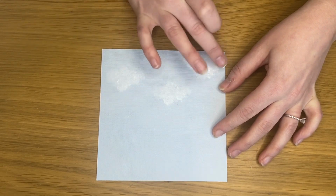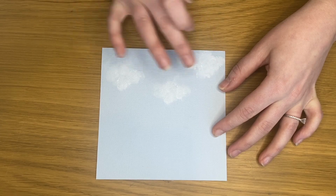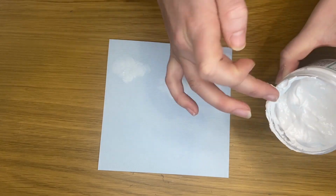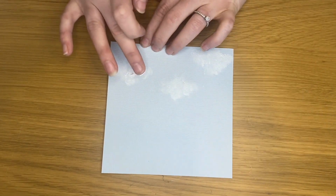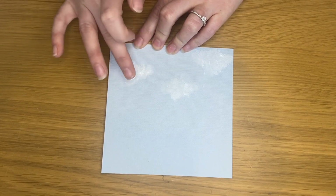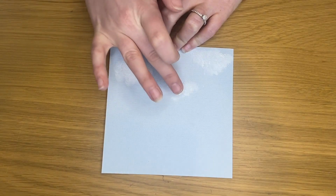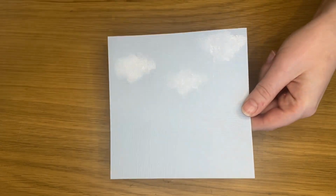You can always put something down underneath your surface if you're worried about getting marks on. And then what I would do is leave that to dry, and then I'd build on top of any areas that I want a little bit more pigmented. So you can do this while it's still slightly damp because we've done such a thin layer. It'll dry super quick, but you can really build those areas up and you can create a sort of cloud effect. Okay, and once you've done that and it's all dry,